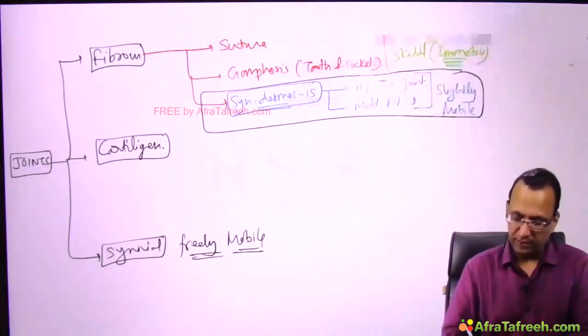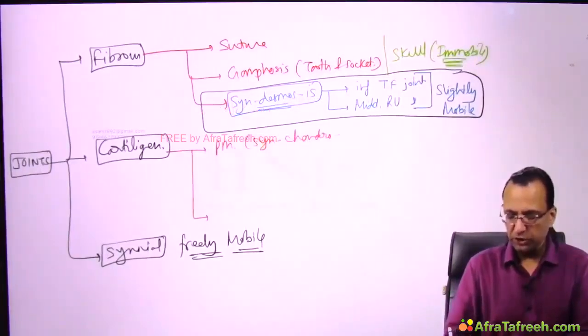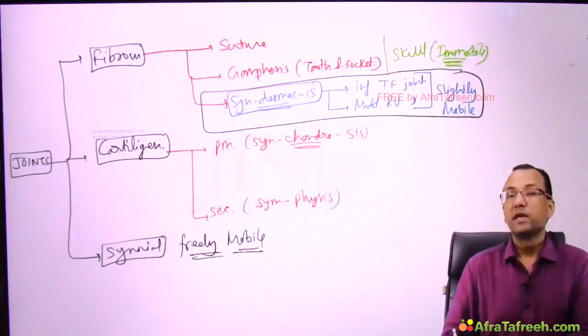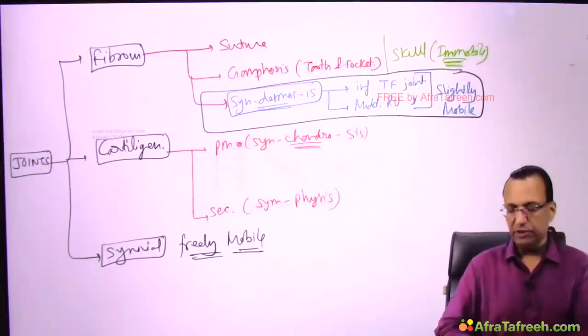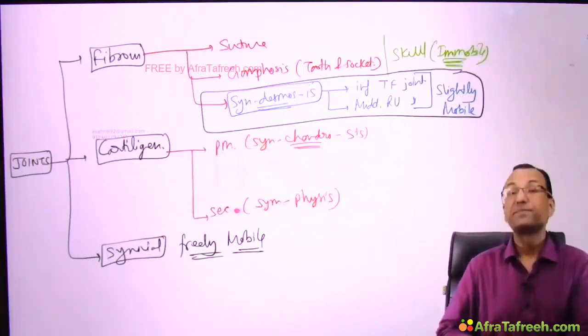Cartilaginous is two types. There is a primary and secondary. If you say primary, it is also called synchondrosis. Chondro means cartilage, and the other is secondary cartilaginous, which is also called symphysis. So, if you are talking about the cartilaginous variety, primary is synchondrosis and secondary is symphysis. Examples,